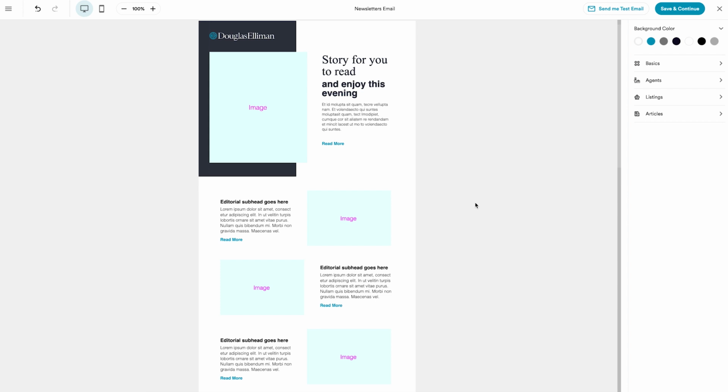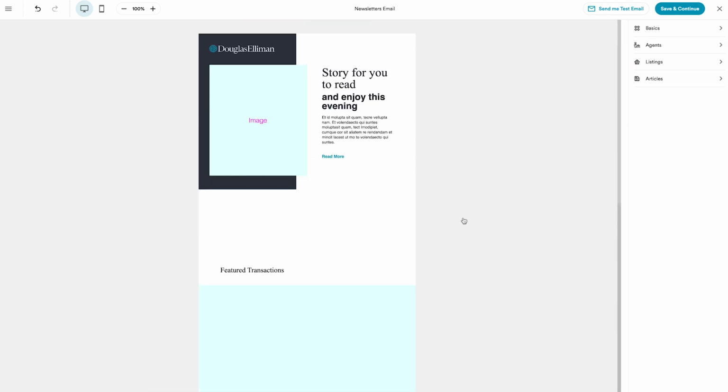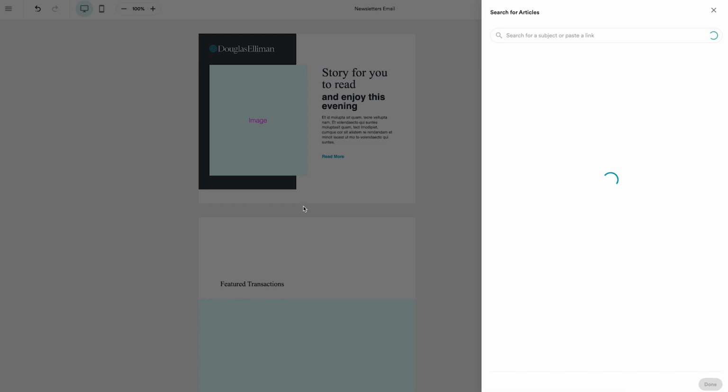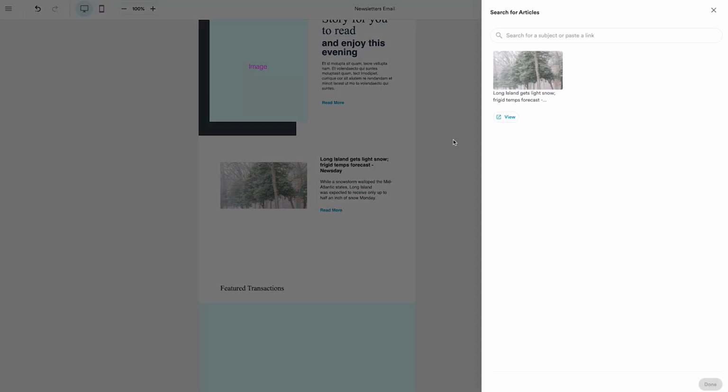What I'm going to do for simplicity's sake is take these sections, delete them for now, and then much like the last template that we looked at, I'm going to go to the right-hand panel, select the article section, and take any of the top 2 options, drag them in, and place them. So this is where you'll be able to plug in any article that you might have from like a local source. I'll take the first option here, drag it in, paste in the link that I have from a second